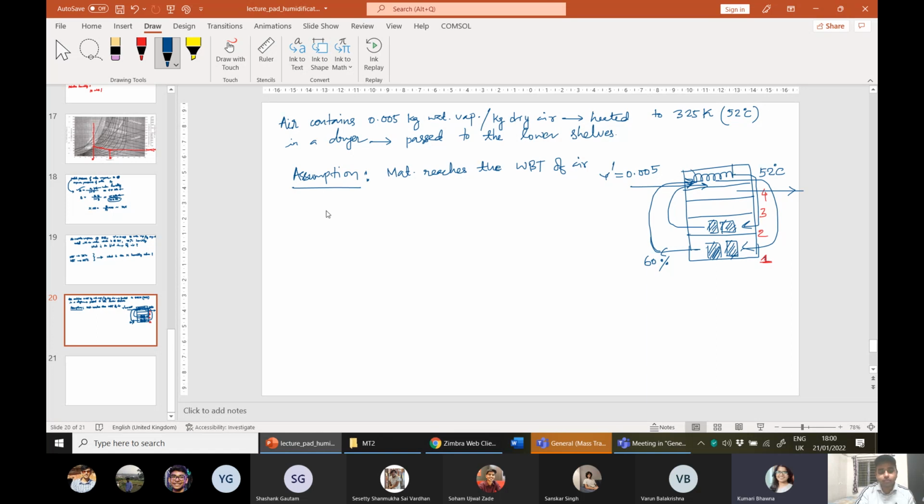Okay, so now what you have to find out, the first one is the temperature of the material in each tray. Okay, and the next, the amount of water vapor that is removed in kg per second, right? Assuming, or considering, not assuming, considering,